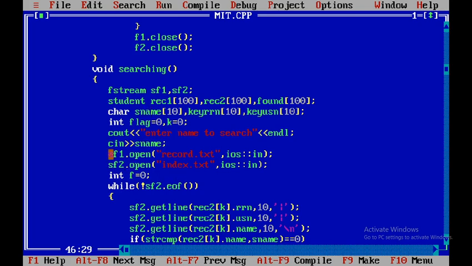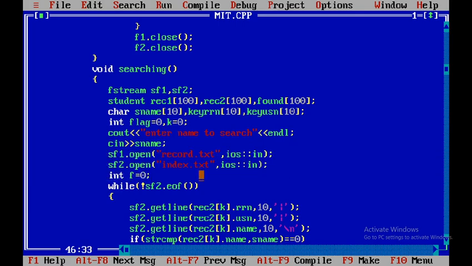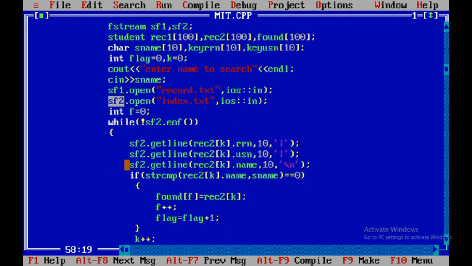Now open both the files, record.txt and index.txt, in read mode, because we are doing a searching operation and we are not bothered about write operations. Now use the index file first. Why? Because I need to ensure that the name Arjun I'm asking for is present in the index file, because as soon as I start processing, I get the index file into primary memory and then do the comparison operation. That is the reason I am going to fetch only the index file.